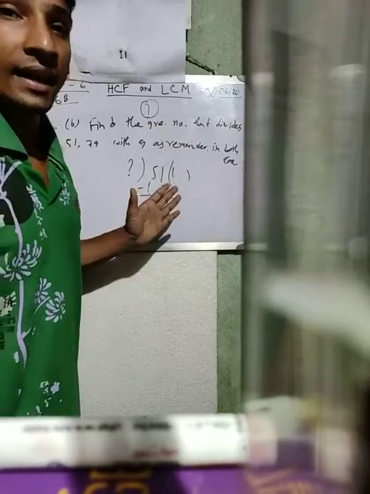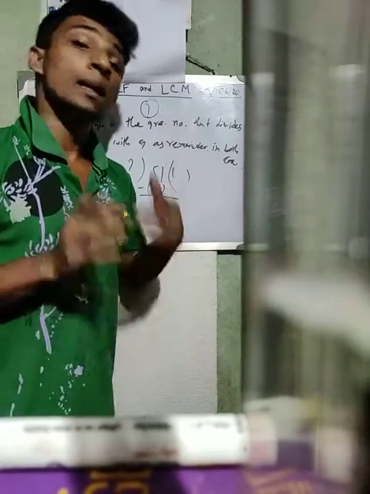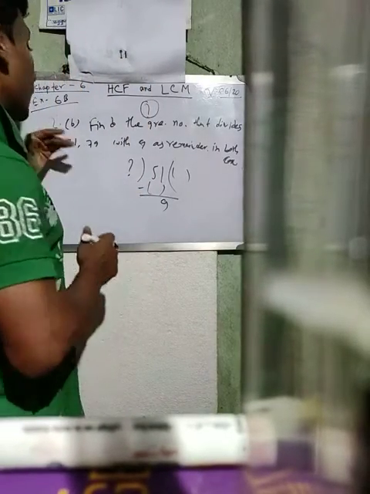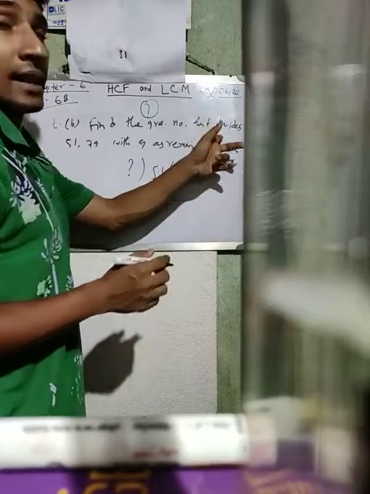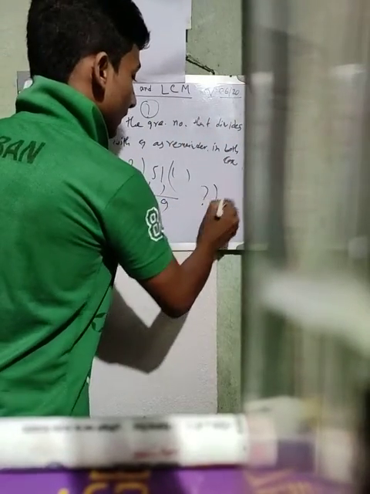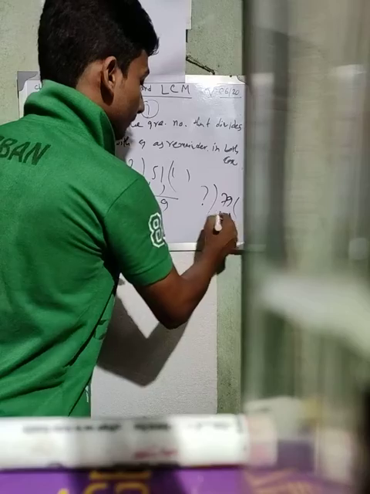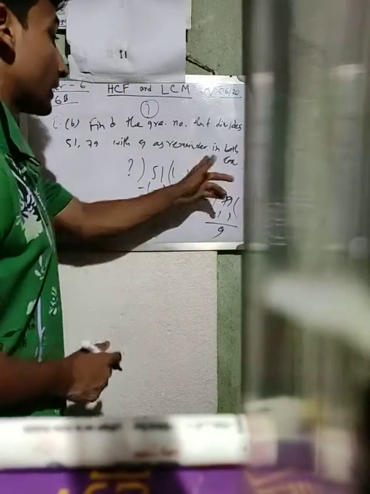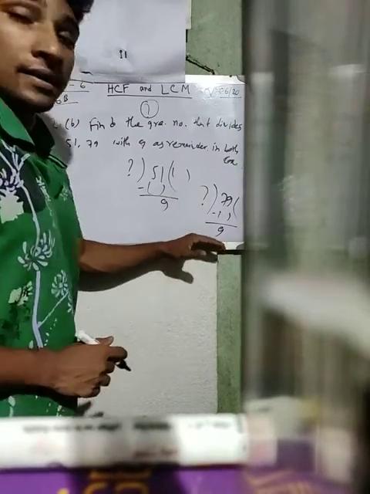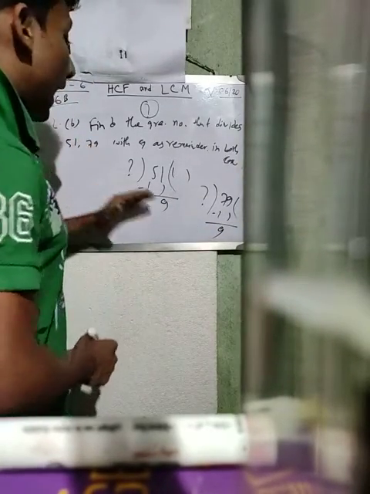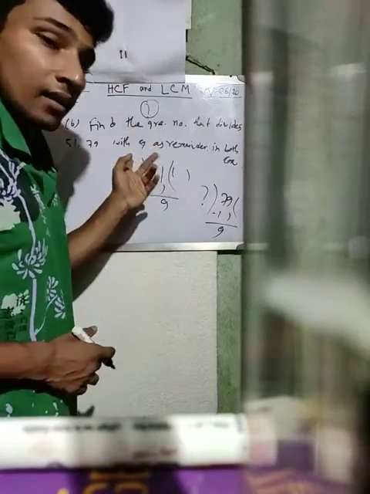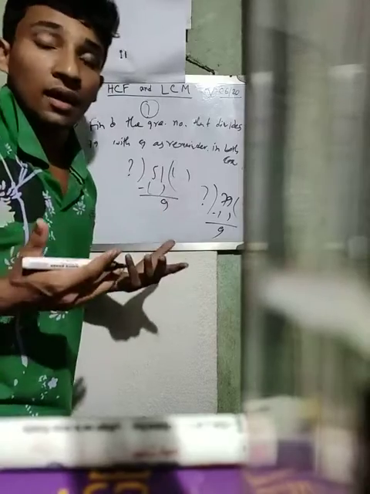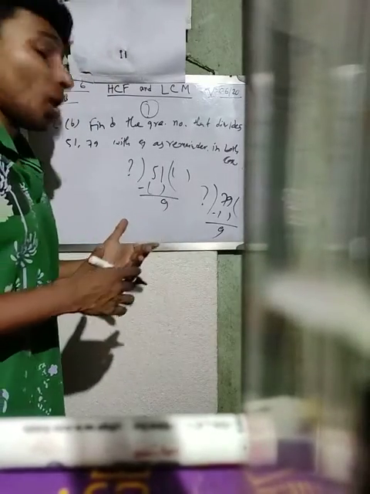So as I discussed earlier, if we want to find the divisible number, what do we have to do? Here 51 is not divisible. If we divide 51 with the greatest number, or if we divide 79 with the greatest number, we will have 9 as remainder in both cases. So here 9 is the remainder. As I discussed earlier, 9 is the remainder. That means what is the divisible number? What did I say?